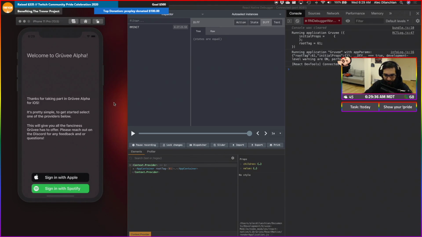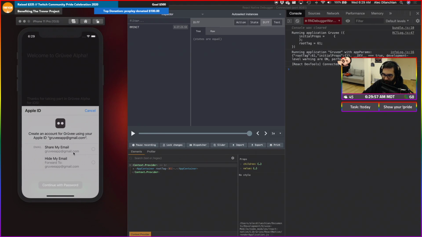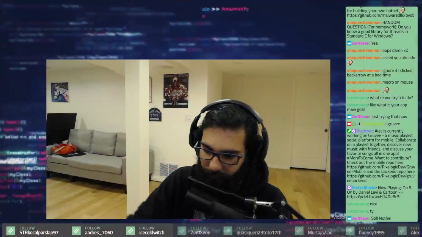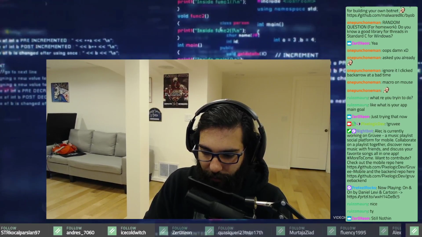Was that the main goal? Yeah, so you can check out more information here. Essentially, the app is going to be a way for you to collaborate on music with your friends via playlist, by adding songs from other service providers and then adding comments and getting notified about those things. We just finished adding in our Apple authentication right now, so we're currently going through some bugs that we found in that flow.